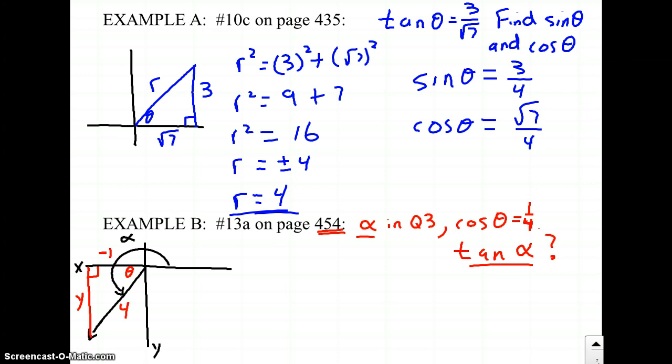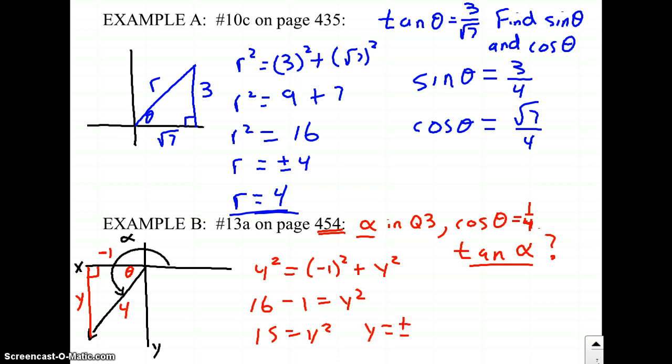So we're going to find this y coordinate, and then we'll be able to figure out the tangent of alpha. So again, Pythagoras' theorem should state that 4 squared equals -1 squared add y squared. So 16 minus 1 should equal y squared. 15 is y squared. Therefore, y should equal ±√15. And again, y is in a negative direction, so y should be -√15. Therefore, tangent alpha will equal opposite over adjacent, negative root 15 over negative